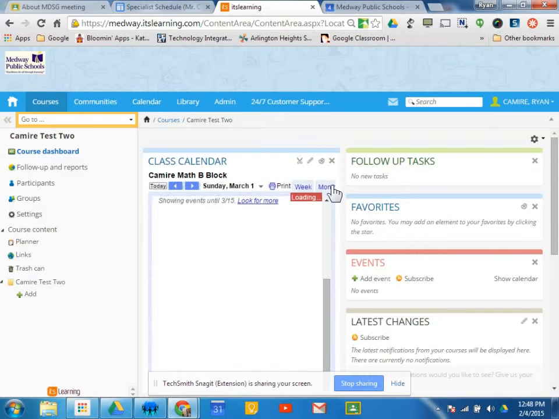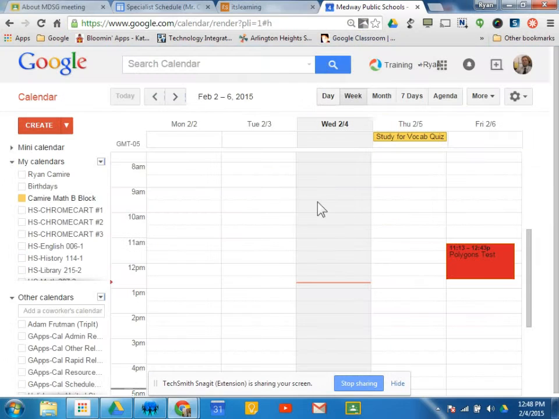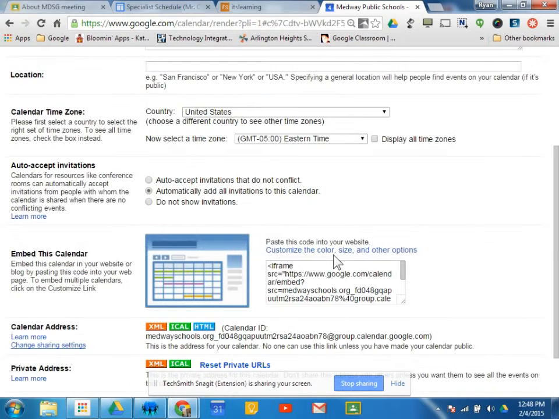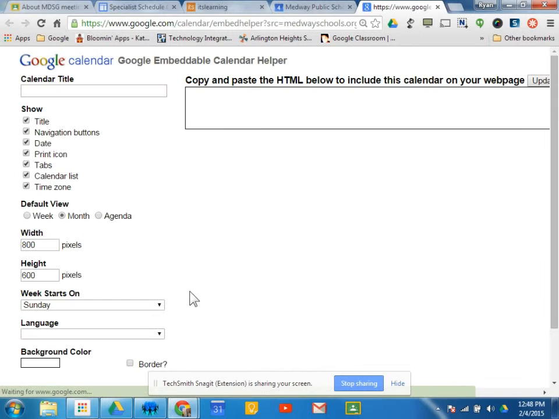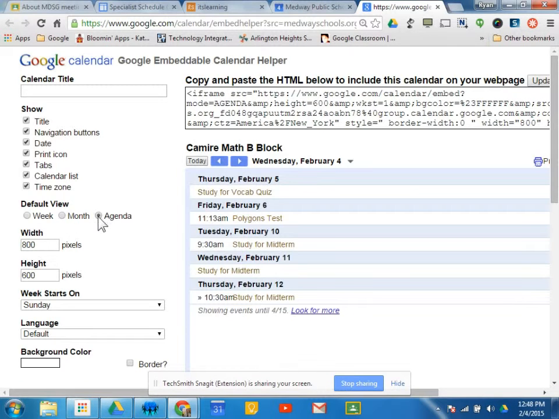There's also agenda. They can just see a list of events, right? A list of events. And you have an ability to make this the default view over here when you go to calendar settings. And right here with this embed code, you can customize. And when you customize, you can say, what is the default view? I can click, I don't want the month view. I want an agenda. I want them to see a list of assignments. And when I click agenda,